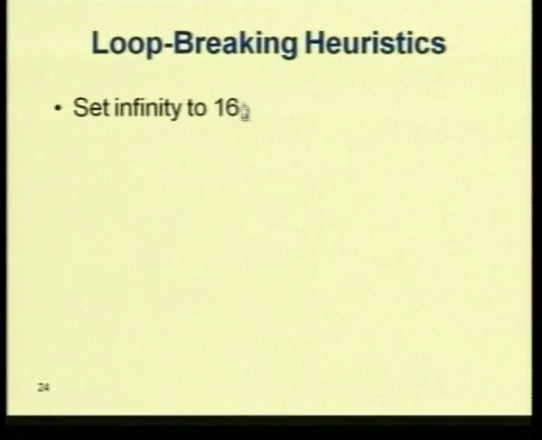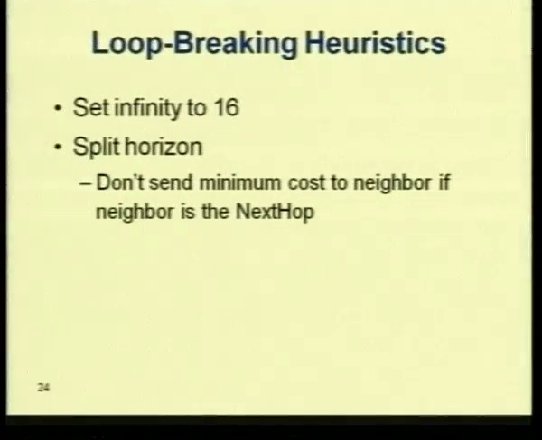there is one mechanism that is used, which is that you set this infinity value to some large value, typically a number like 16. So, which means within 16 exchanges you will anyway count all the way up to 16, which means you have counted up to infinity, and you would have identified that there is no path available to that network anymore. Okay. So, that is one possibility. Another is what is called as a split horizon technique. Now, here what happens is,